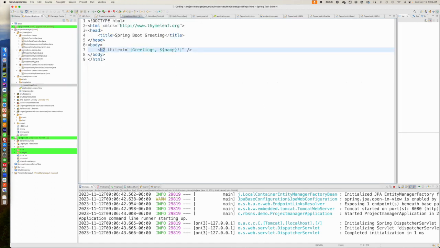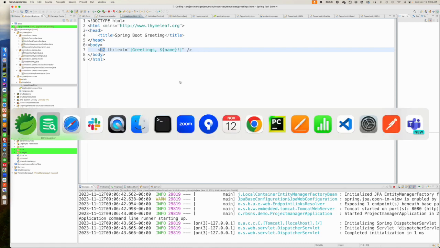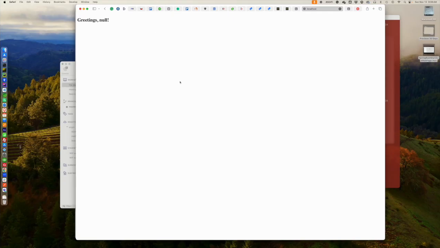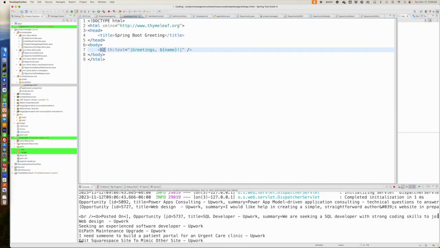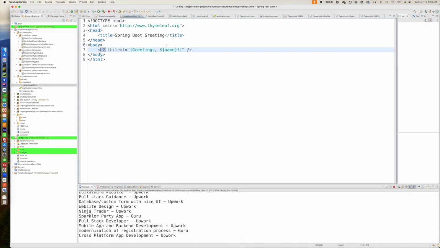I have something very simple, as I'm just passing that name in. Now what I can do is, and so here if I run it right now, I didn't even pass it a name, but I can see here's my opportunities and stuff. What I can do is change this. So let's change this to be